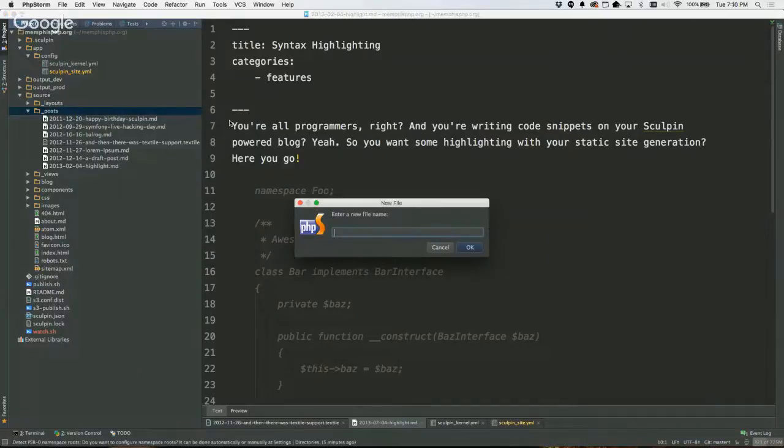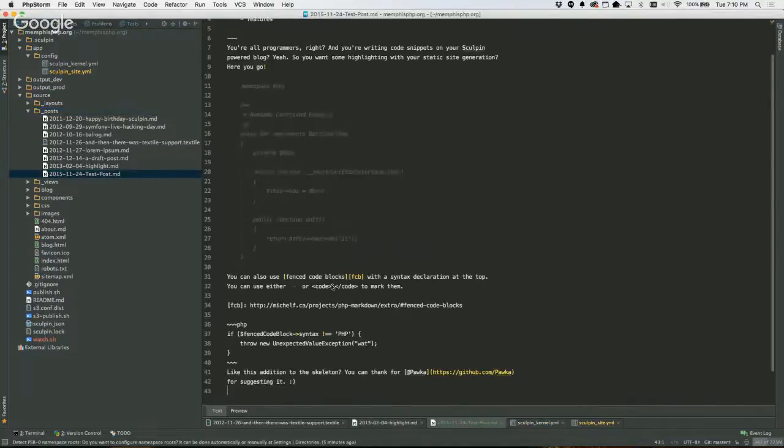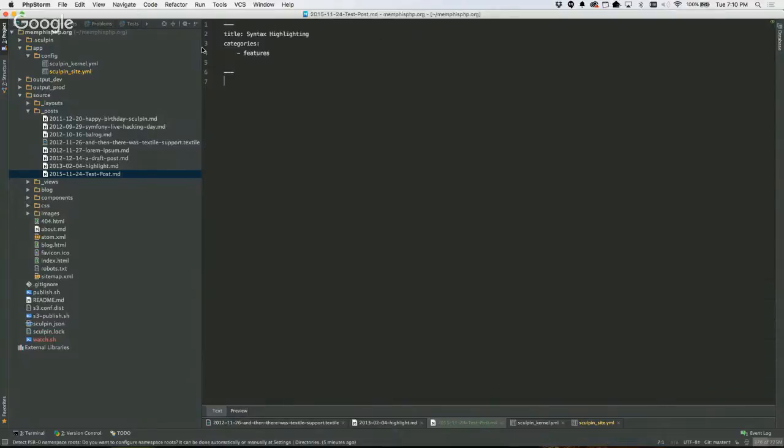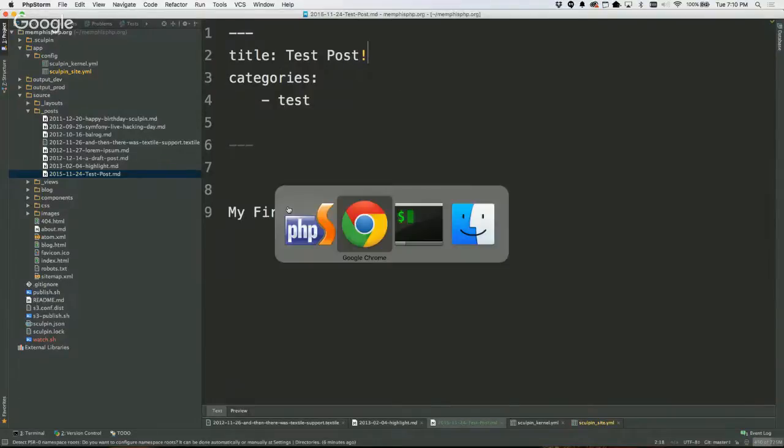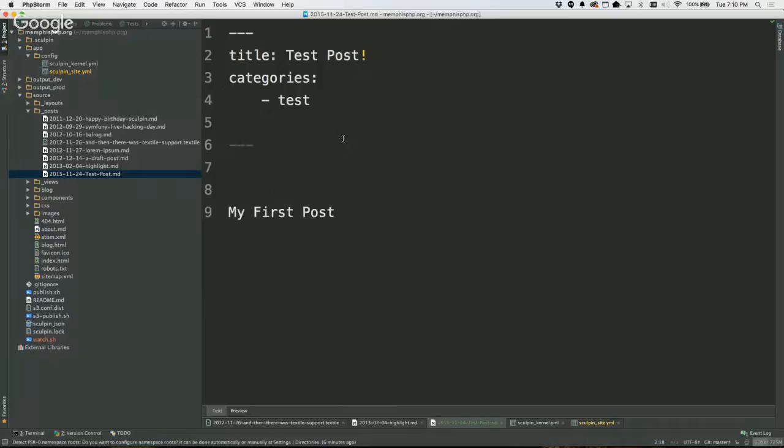Let's say, what is it? 2015-11-24 test post.md. So we're saving this file,